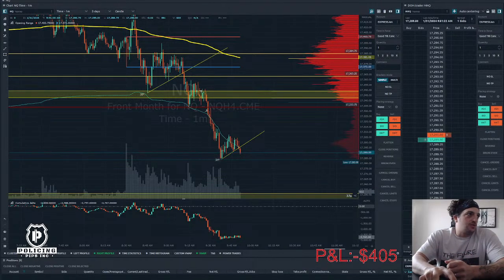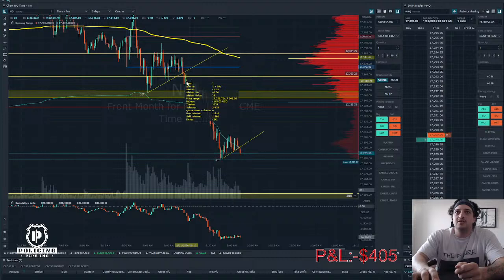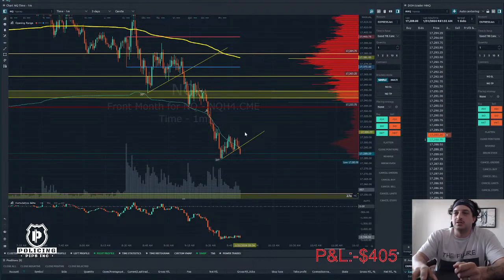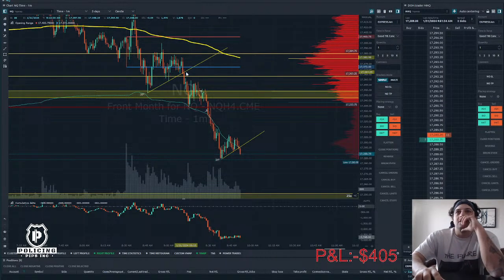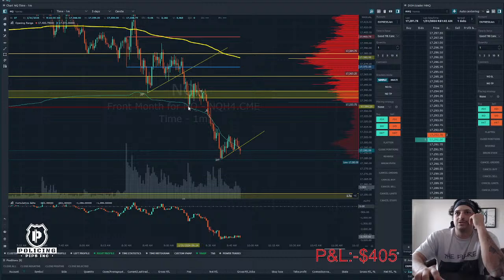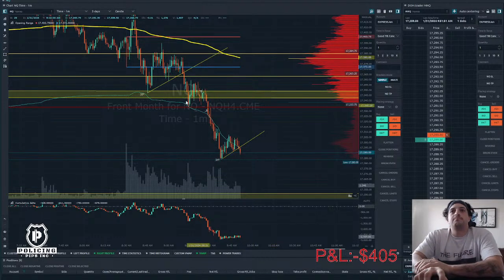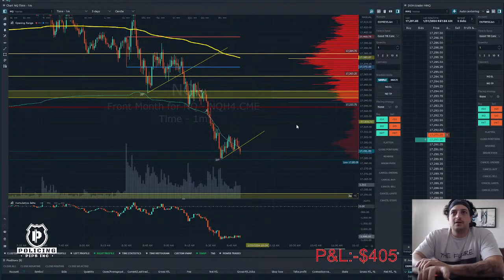If anybody's in any sort of trade, hopefully they're in a short from the high. That would be the best bet. I did call out this short right here for anybody who was listening or possibly was looking to take it. Unfortunately, I did not. That was a beautiful move there, right? From level to level, that I was to the tick on each move there. We unfortunately did not take that, and we were looking for our extremes break rotation to the high side. Did not get that either, so